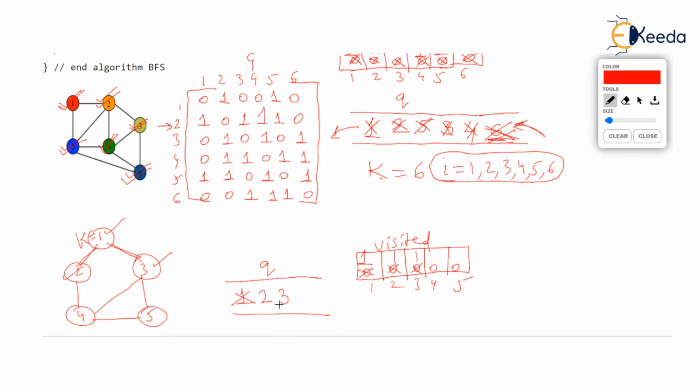Now when we go back in the while loop, the frontmost element is 2. So now make K as 2 here. And you print 2 and see who are the neighbors of 2. Whoever are neighbors of 2 will be inserted in the queue. Now the neighbors of 2 you see are 1 and 4. But 1 is already visited. So only 4 will be inserted in the queue. And the fourth vertex will be immediately marked as visited.